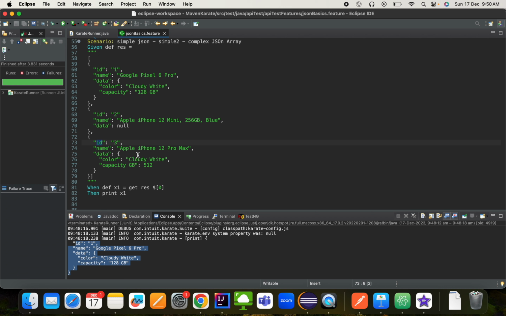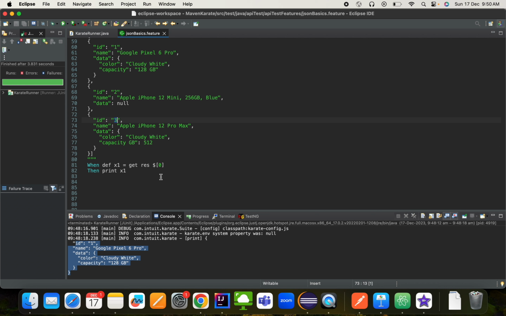So I want to pick the name of the JSON object which is present inside the array whose ID is 3. So the ID value I know is 3, but the name I don't know. I want to validate the name is so and so for ID 3. So in that case I need to filter it, correct? These are the results which are present, and I need to filter the result in order to get my desired output. So if you remember,